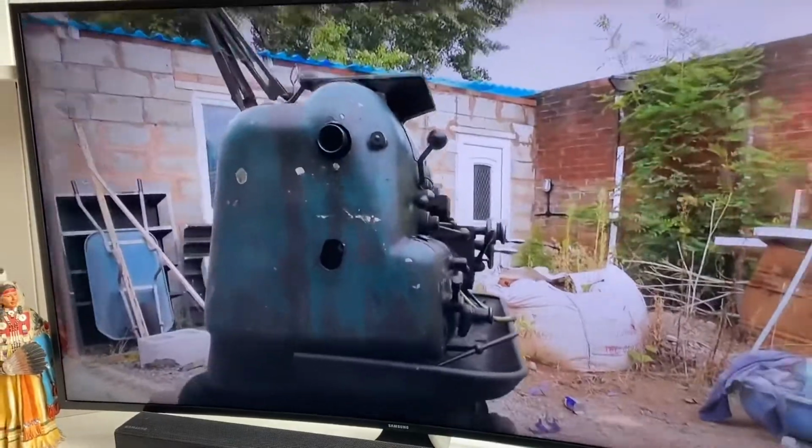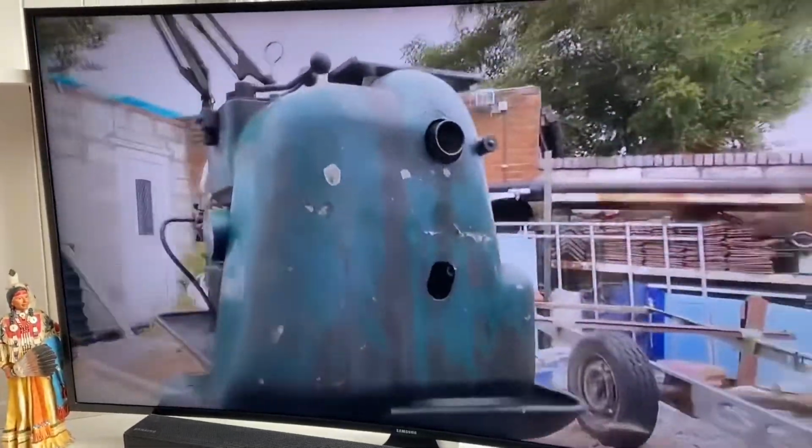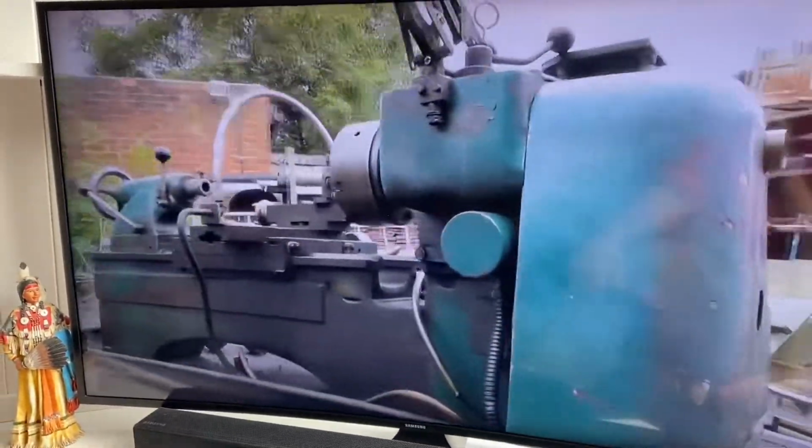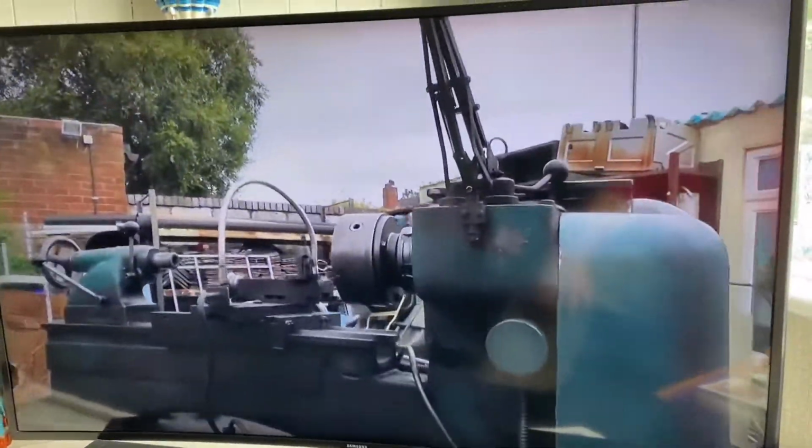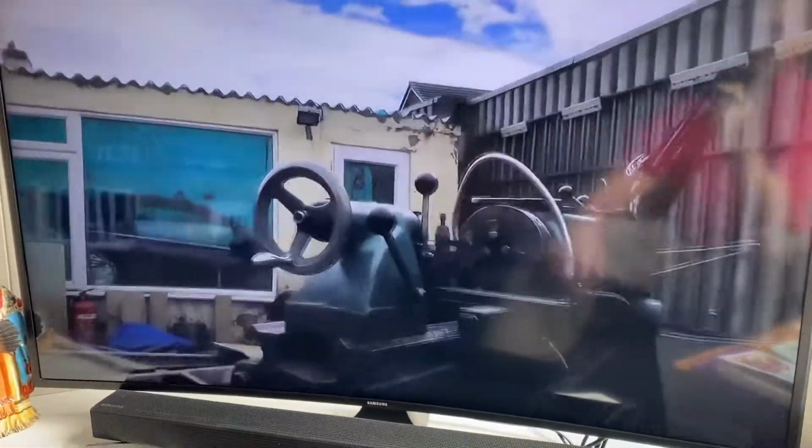This is it arriving, look, before the tent and even before the greenhouse. Yeah, that's before the greenhouse. So we had it here, we realised its value, so we turned it into money. Anyway,